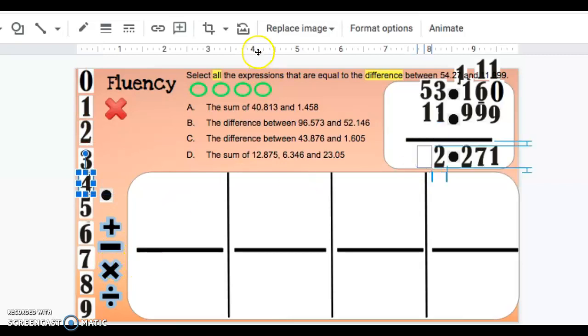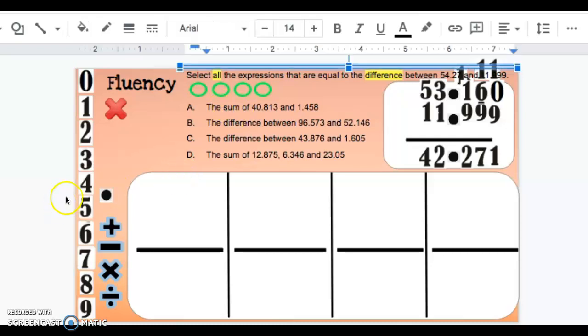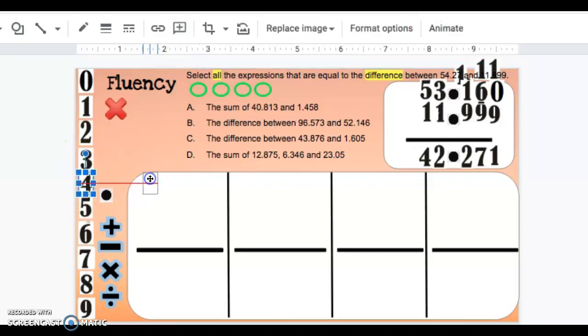So now you're going to sit here and we have to solve each one of these. So A, because we have to select all that are going to give us the answer, 42 and 271 thousandths. So we have to solve these to figure out which ones are going to give us that. So you have the word sum. The word sum means the answer to an addition problem. So we have to add 40